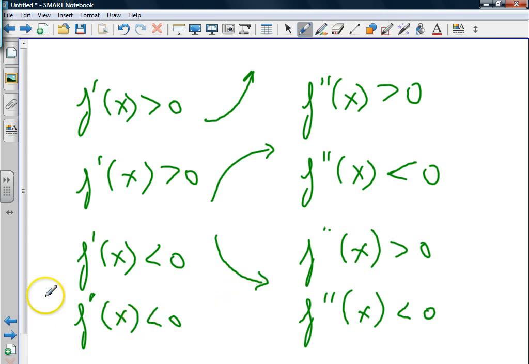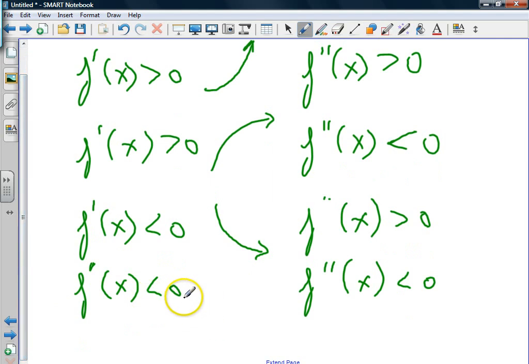And if the function is decreasing at a decreasing rate, it's going to look like that. In other words, the slopes are going to get more and more negative. So negative 1, negative 2, negative 3 slopes. Right? The slopes are negative, they're getting more and more negative. The slopes are negative, they're getting less and less negative. The slopes are positive, they're getting less and less positive. The slopes are positive. They're getting more and more